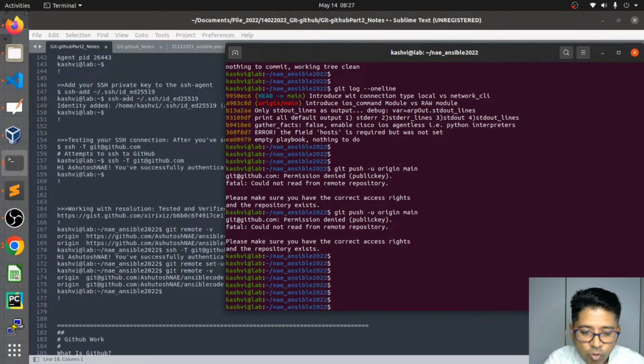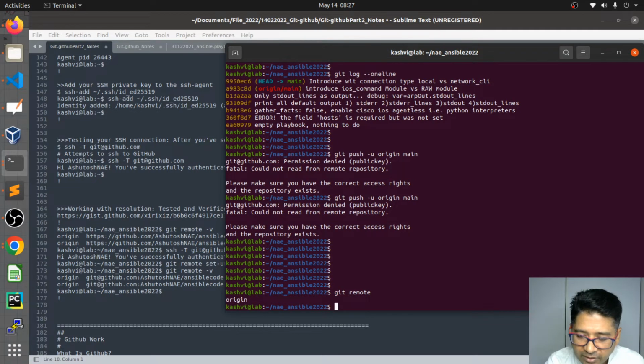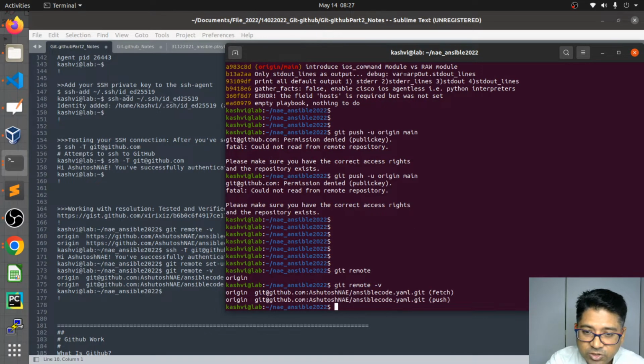First you have to see the git remotes. What remotes do we have? We have one remote, that's origin. But what are the verbs, meaning what are the features associated with it? We can see that with git remote -v, the features. So GitHub